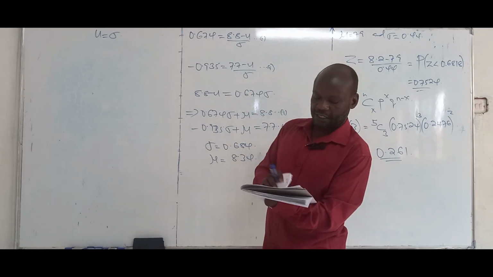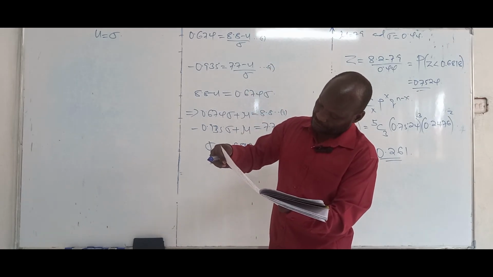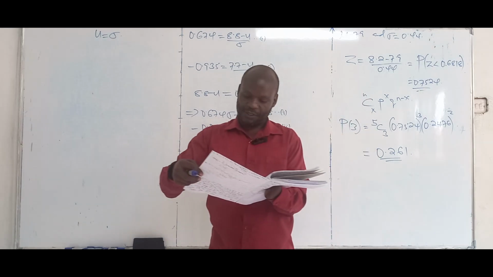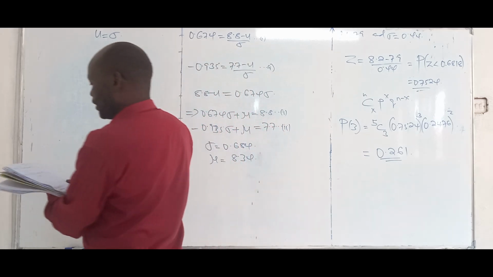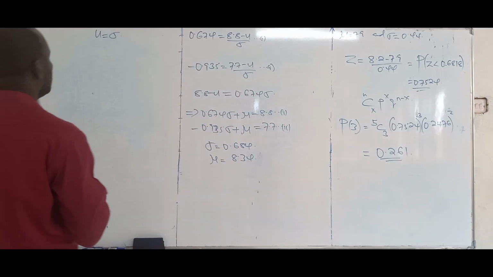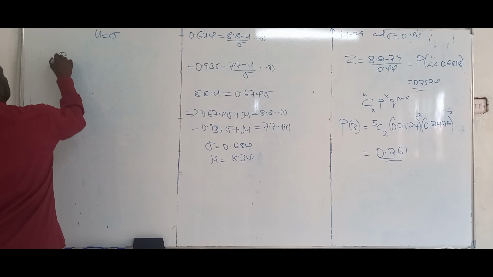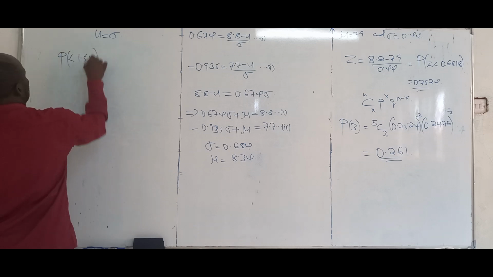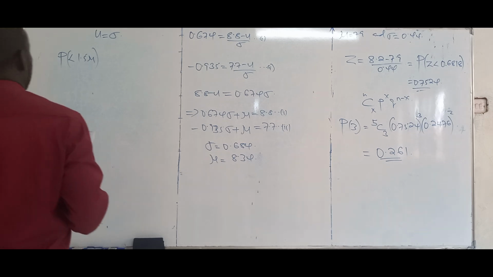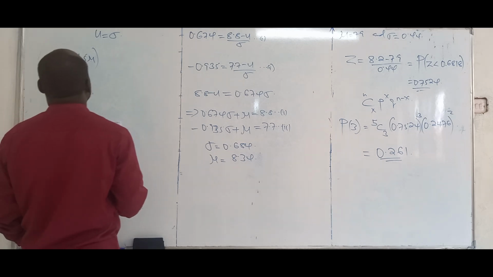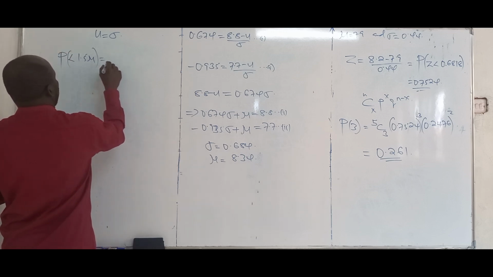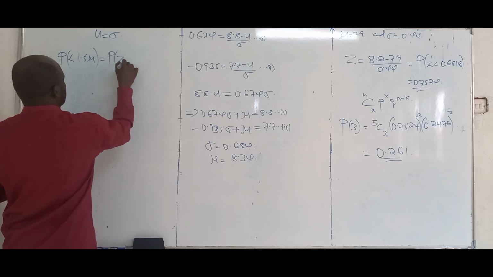the probability that it is less than 1.5 times the mean. So that clearly is the probability less than 1.5 mu. That's what we have. And this will be the probability that z is less than